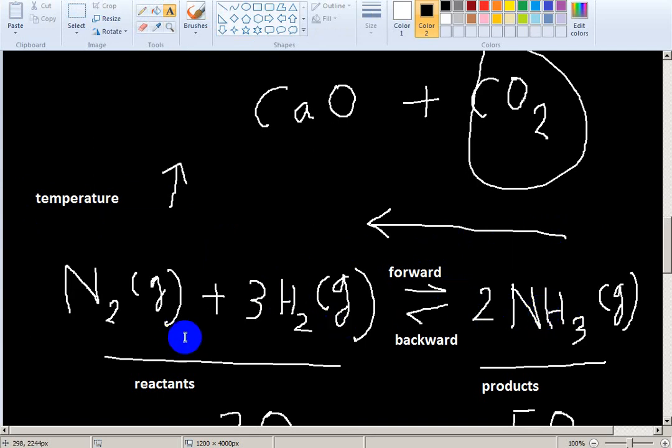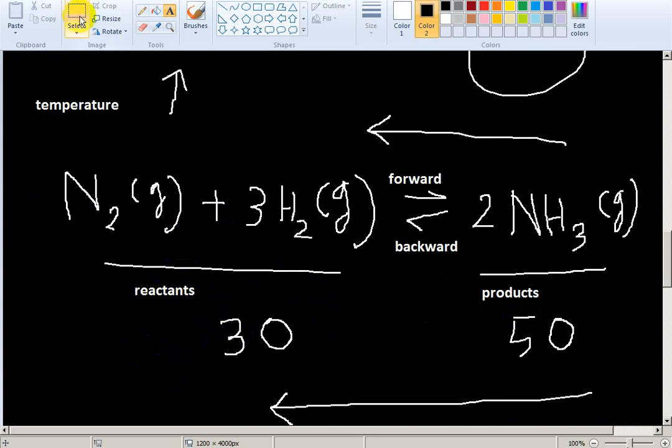For this reaction, what will you do? You will decrease the temperature. If you decrease the temperature, the reaction will move. If temperature increases, the reaction moves from right to left. For an exothermic reaction,